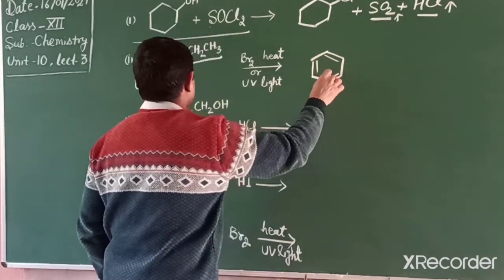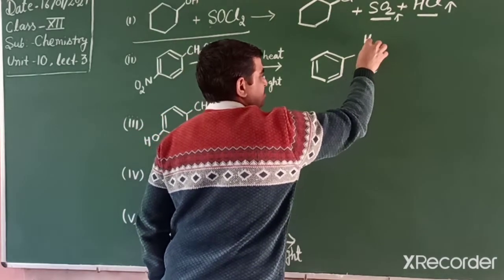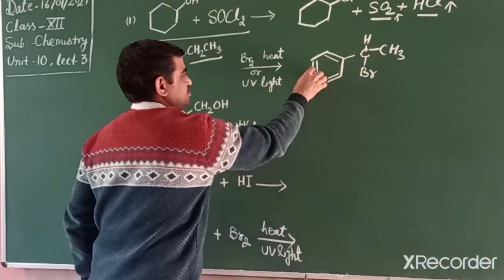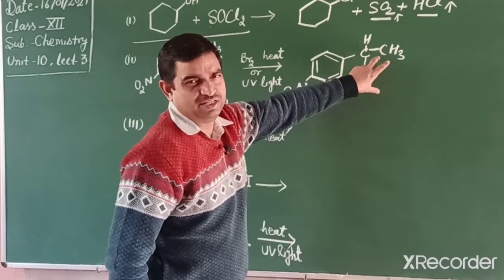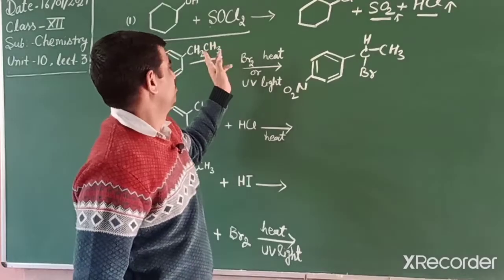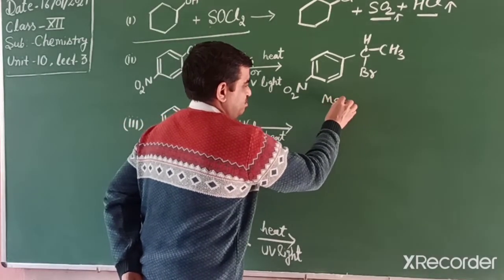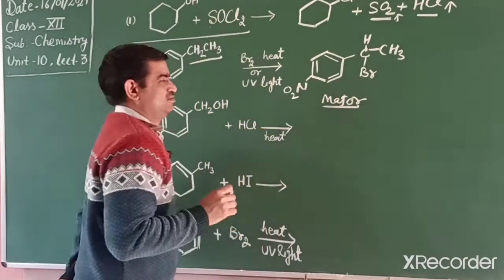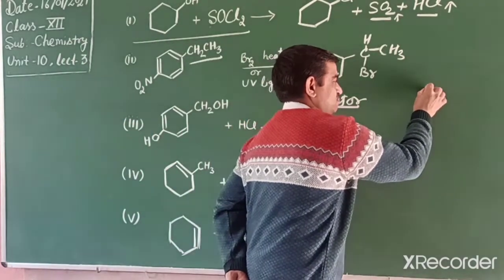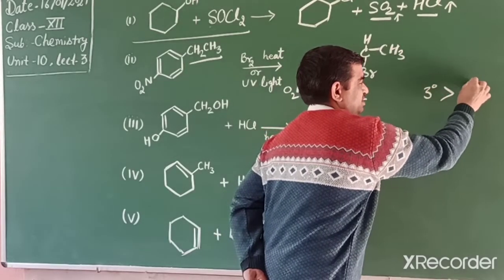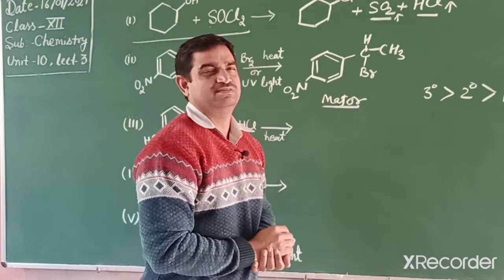First you write benzene, and then on this carbon addition of bromine, CH3 and the nitro group. So you have to write this product, that one is the major product. The minor product we can also write, where bromine displaces the other hydrogen. This one is the major product. Why is it major? Due to the stability of the carbocation, because a 3 degree carbocation is most stable, then 2 degree, then 1 degree. If it removes this carbon's hydrogen, then we get a secondary carbocation.